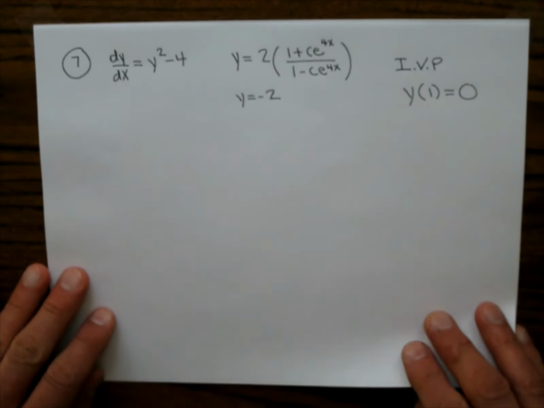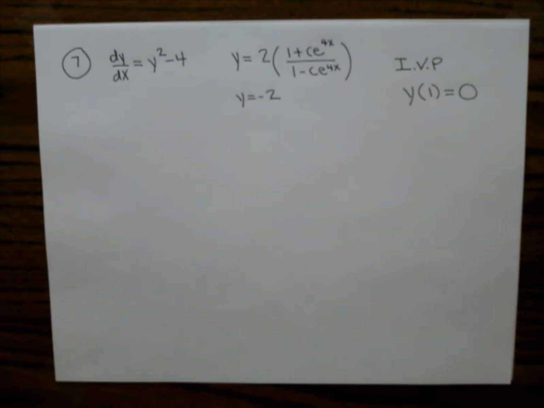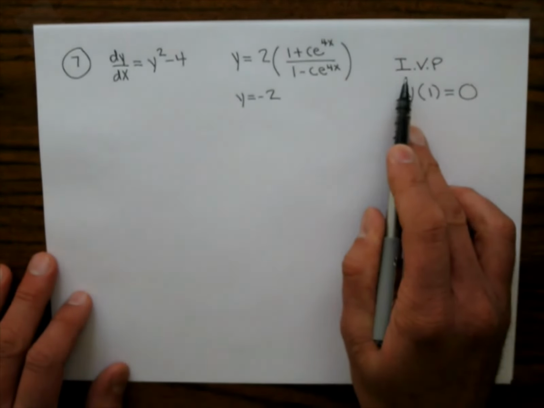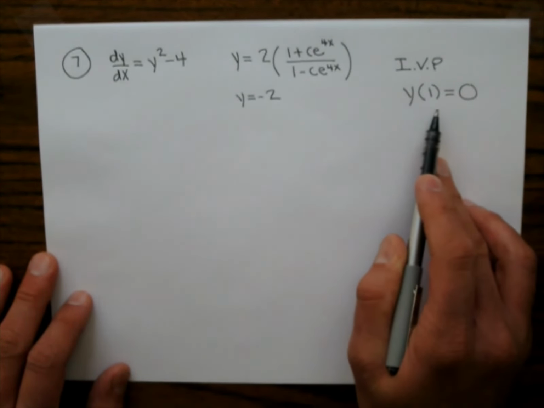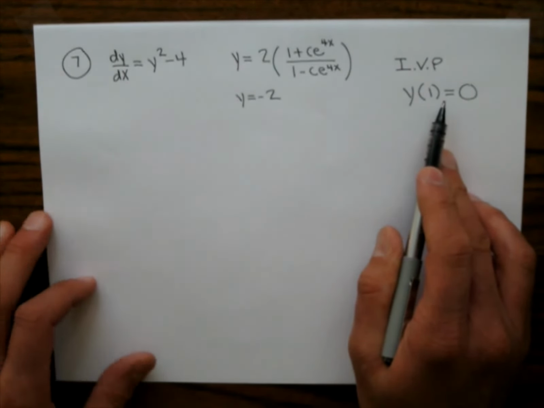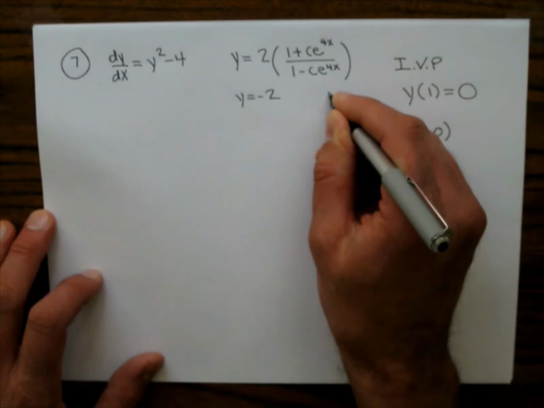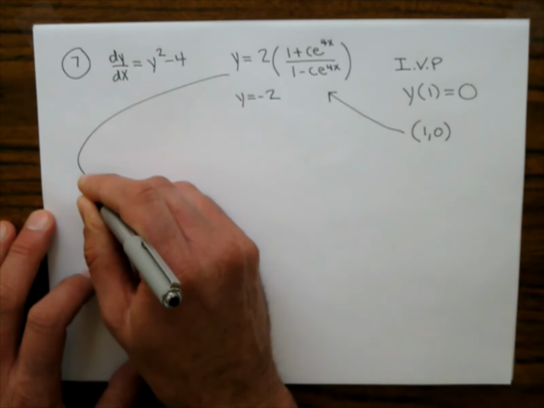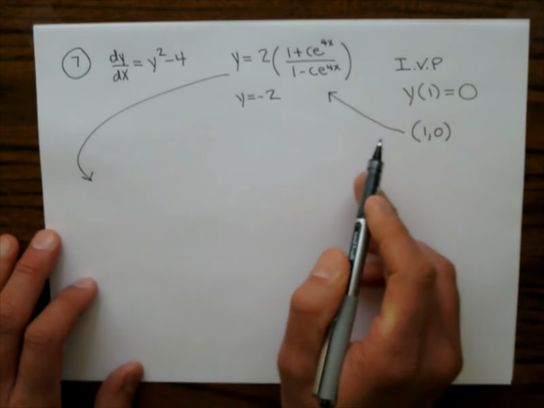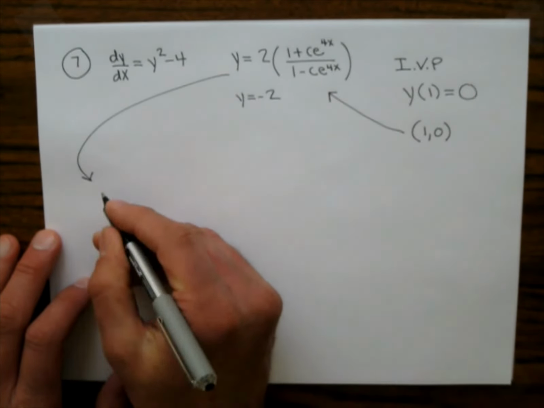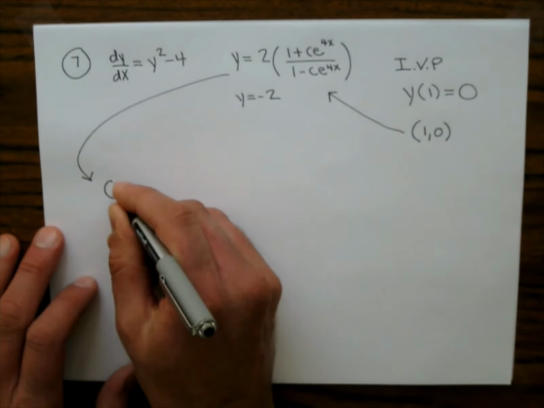Problem number 7 is pretty much the problem that we just did, except I'm giving an IVP. So can we do an initial value on this one? Yeah, I mean, this is really (1, 0), which we are going to place in there. See what we get. We end up getting 0